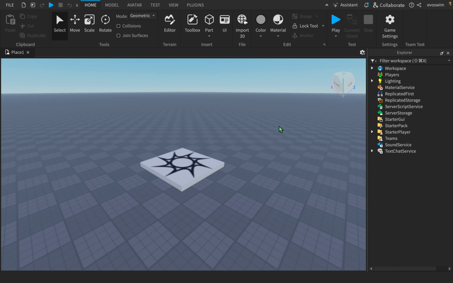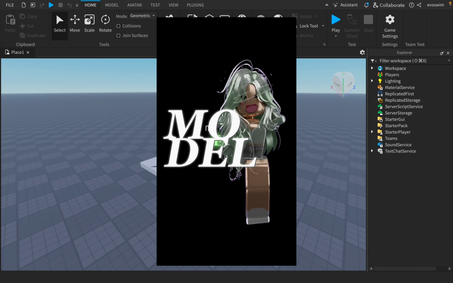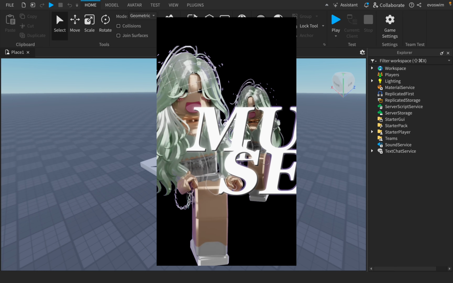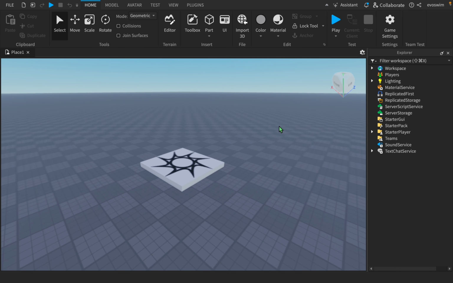For this tutorial, I will be using my own voice because I think it'll be kind of long. This is the tutorial for the renders of the quote-unquote best CapCut edit. I'm not really sure what else to call it. I'll just be showing you guys how to get those renders into CapCut without After Effects, only using Roblox Studio